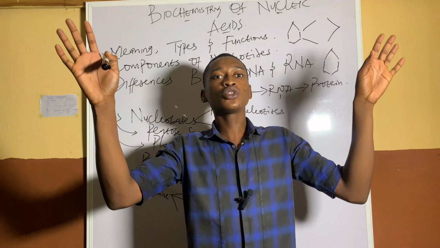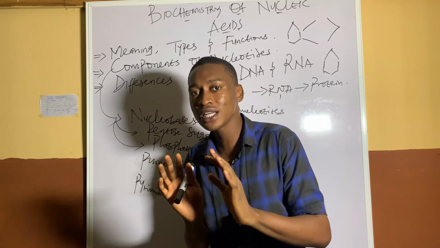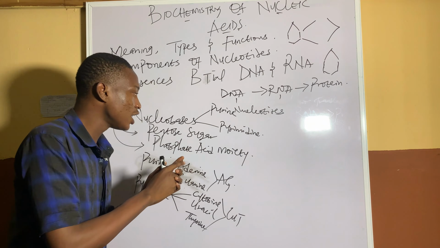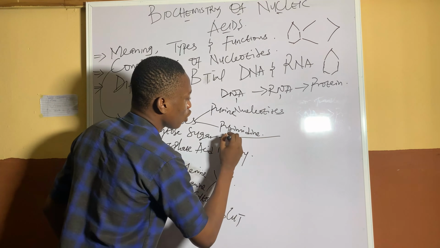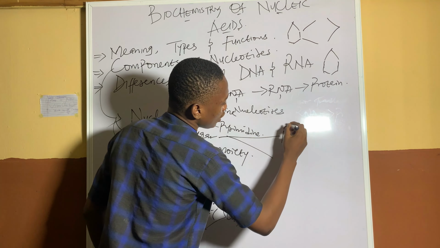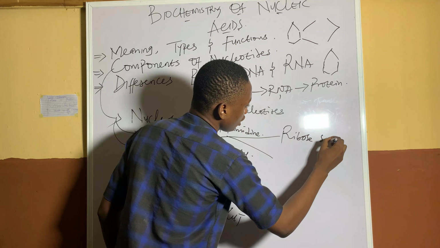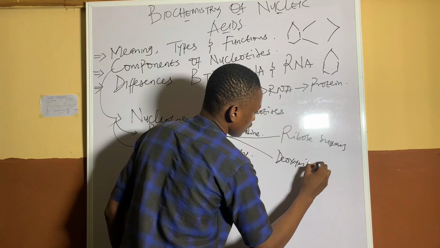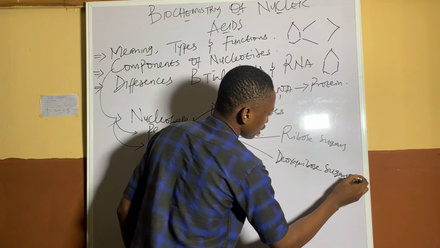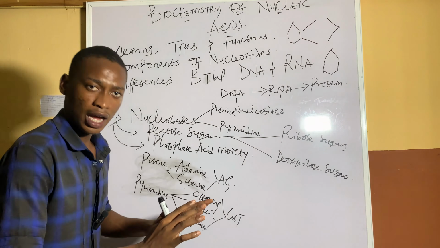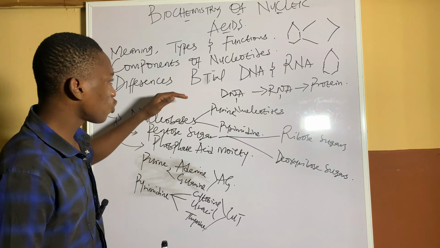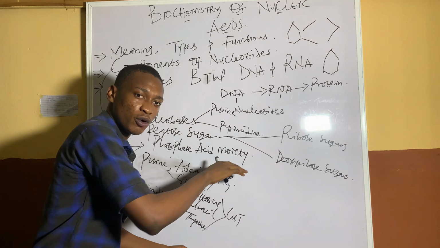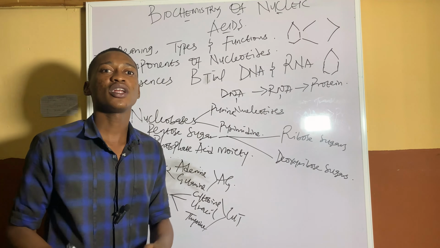So we are not looking at all those 4-carbon, 6-carbon, 3-carbon. No, what we are looking at generally here is what? The 5-carbon sugar, which is the next component of this nucleotide. So in 5-carbon sugars, we usually have the ribose sugar, and the deoxyribose sugars. I hope you're following. I want you to understand the component. Later I will come to explain the differences that exist in DNA and RNA, and then you understand the usefulness of each of these, and the one that is found in DNA and the one that is not found in